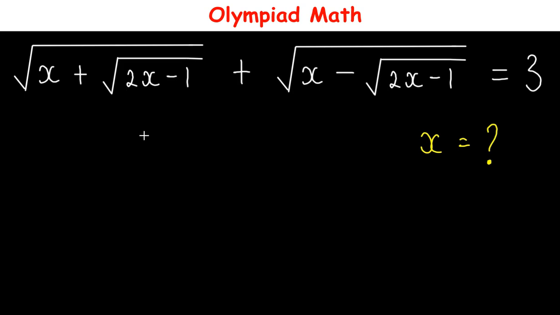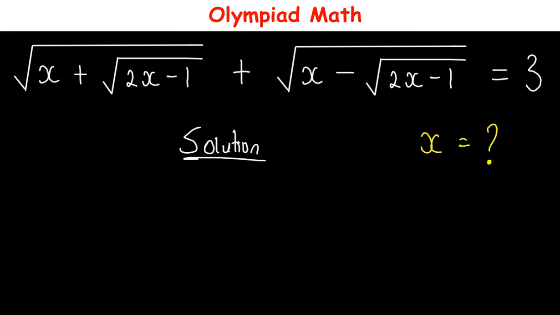Hello everyone, in this video let us solve this question. We have the square root of x plus the square root of 2x minus 1, plus the square root of x minus the square root of 2x minus 1, is equal to 3. And from this, we are to solve for the value of x. So to solve this,